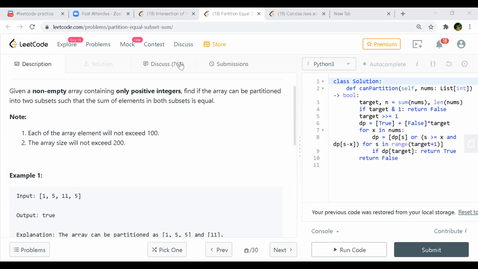Can't we do it like this? Take the sum of the entire array and subtract the first number from the sum and check whether it's equal or not. Again, subtract 1 plus 5 from the entire sum and check whether the sums of both the arrays are equal or not. Yeah, that is what we are coming to. We are all coming to the same optimum approach, right?